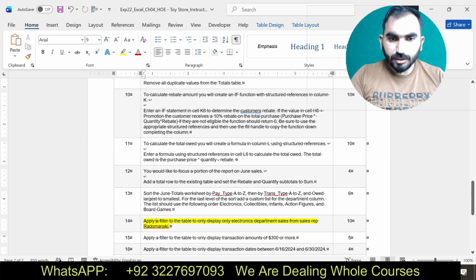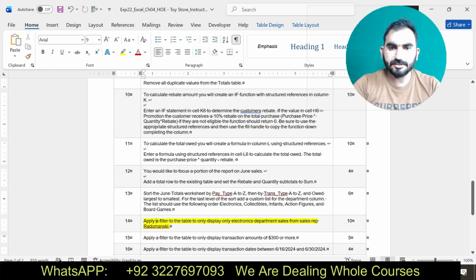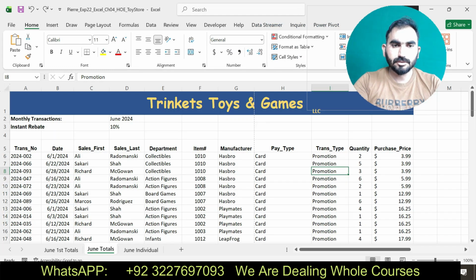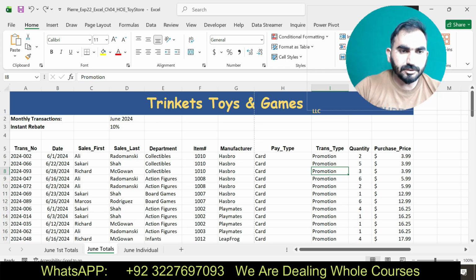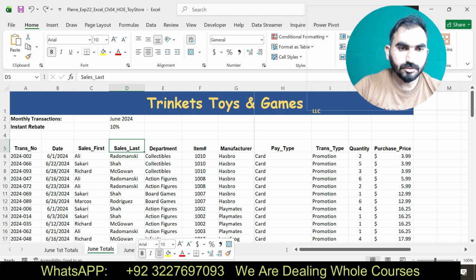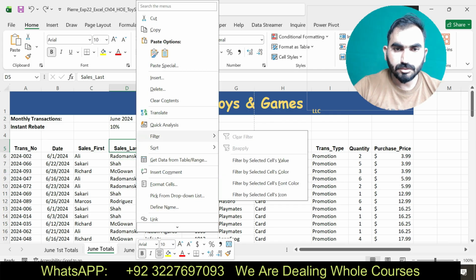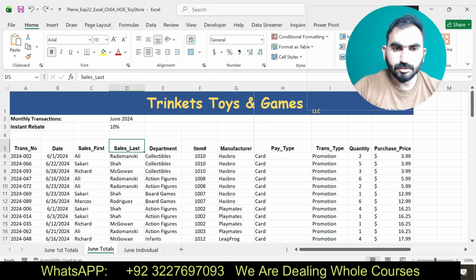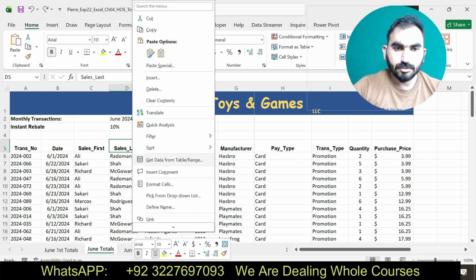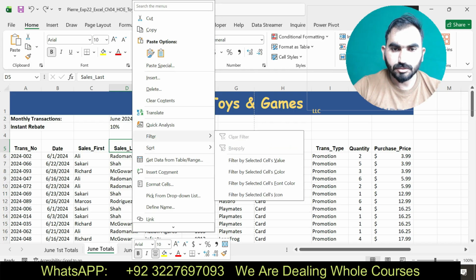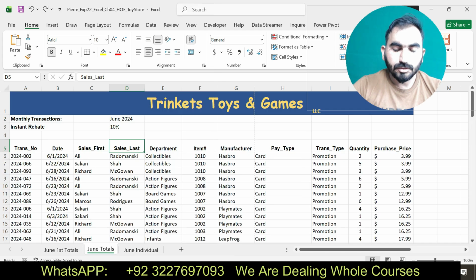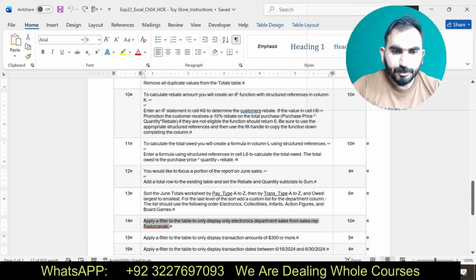Filter the group to only display electronics department sales from the sales rep. Okay, now I'm going to move to my next step.